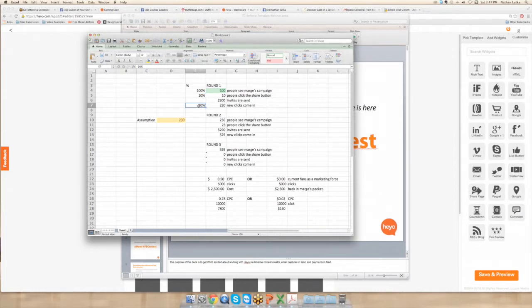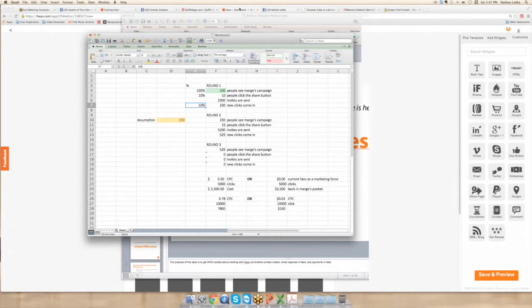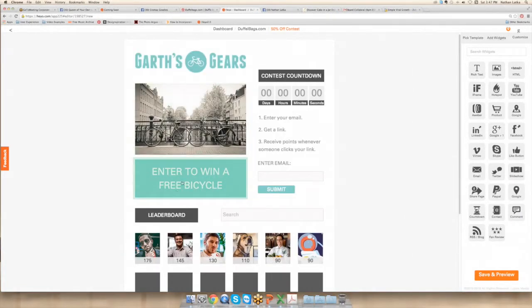Okay. Does that make sense? Yeah, it makes sense. So if you're not seeing results, what you'd want to toggle with, Marge, is the incentive you're using. Okay, does that make sense? So maybe a bike is not a strong enough incentive. Maybe 50% off the cakes is not strong enough to get people to enter their email, right, and start marketing for you. So you just need to alter the incentive a little bit.